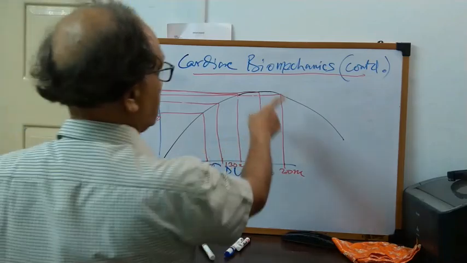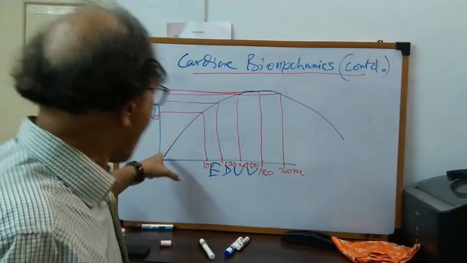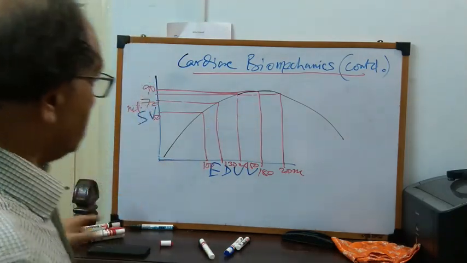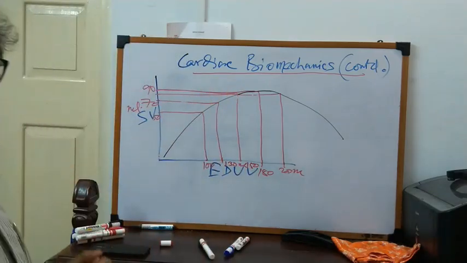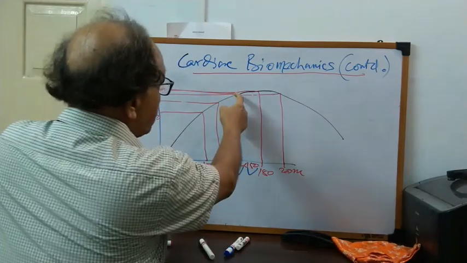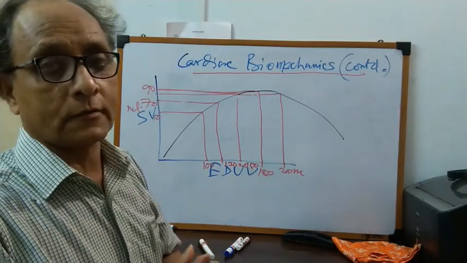So this is such an important thing. That is called Starling's law of heart. How is it a physiological limit? Because as long as it is acting within the ascending limb. And how is it kept within the ascending limb? That is the question you asked me in my last class.